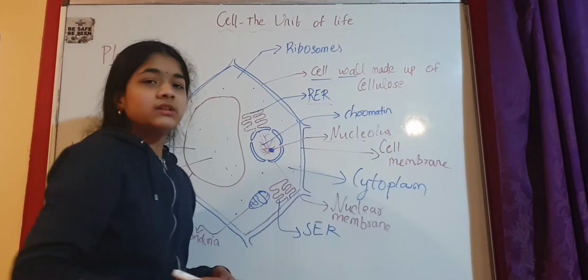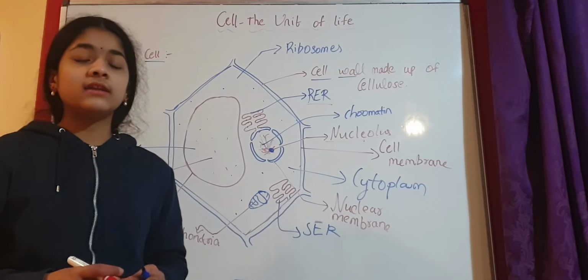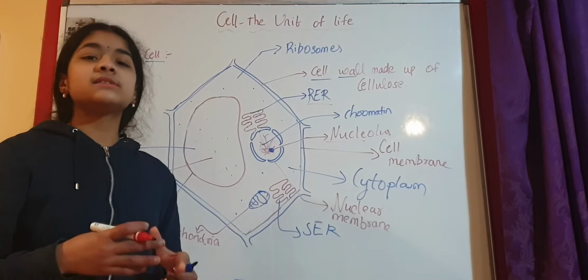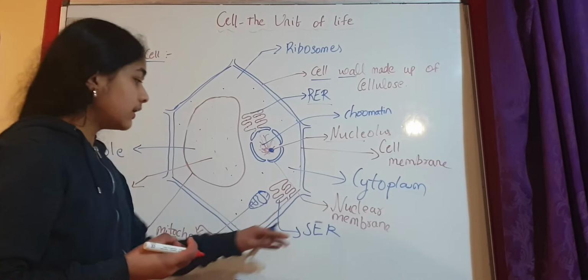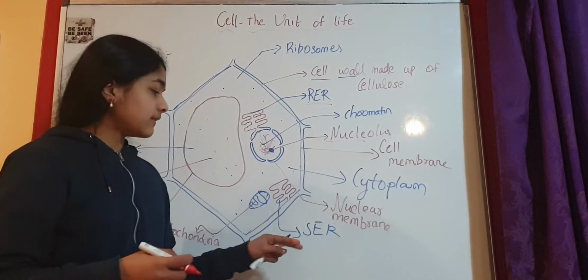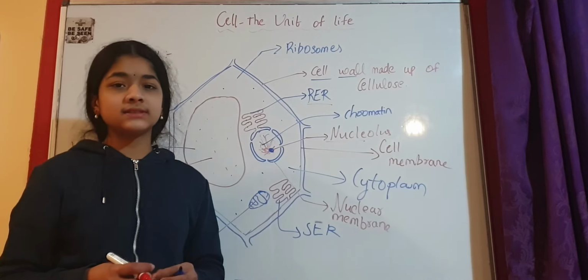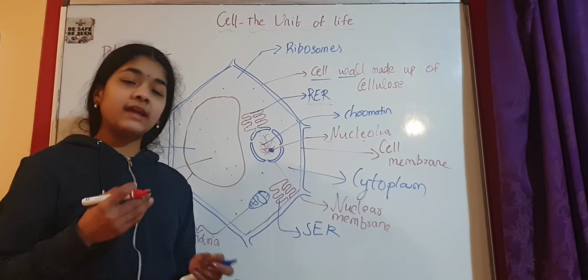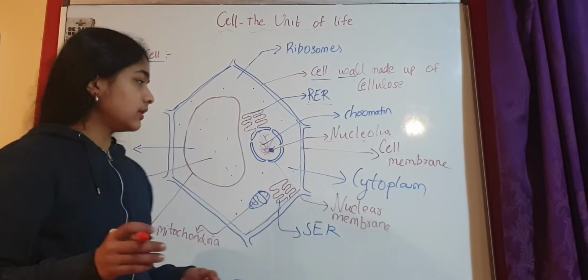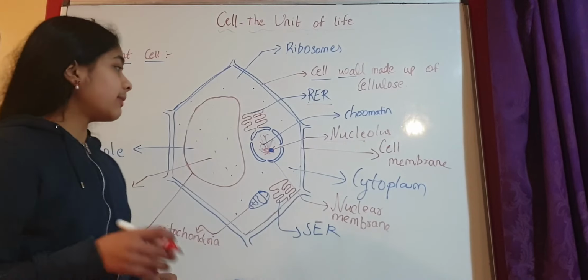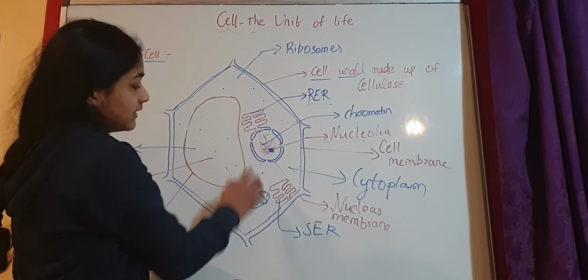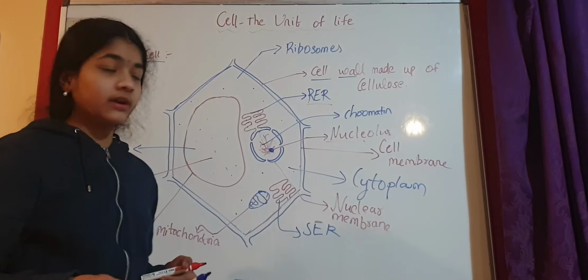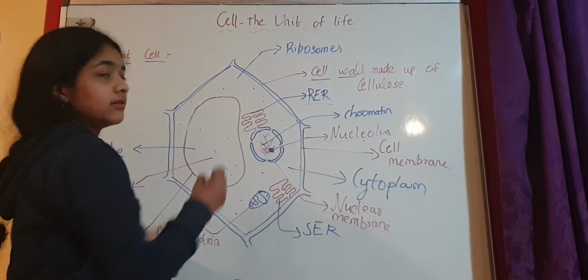First, RER. What is the function of RER? RER makes proteins because it has ribosomes. Ribosomes usually make proteins. They help in protein synthesis. What is the function of SER? The smooth endoplasmic reticulum helps in the synthesis of fats, like lipids and steroids as well. So this is the function of endoplasmic reticulum. We have looked at RER and SER, which is collectively called endoplasmic reticulum, and we have taken a look at